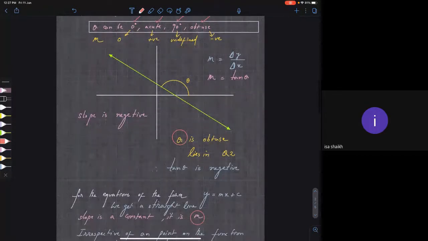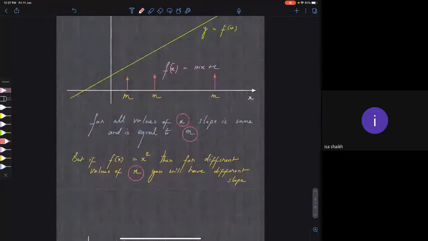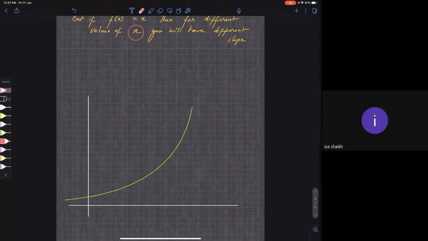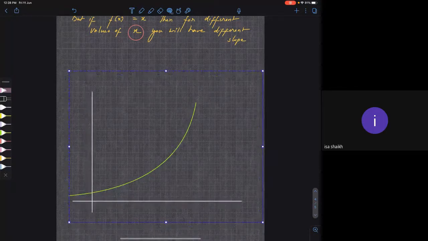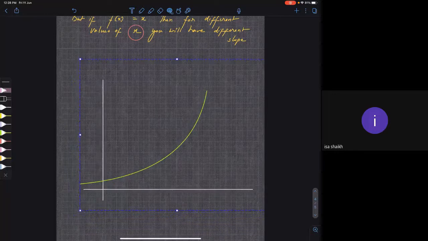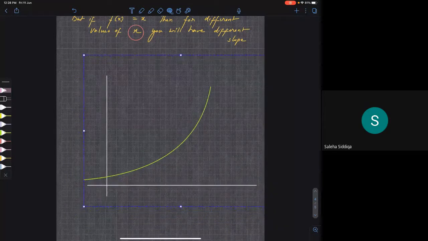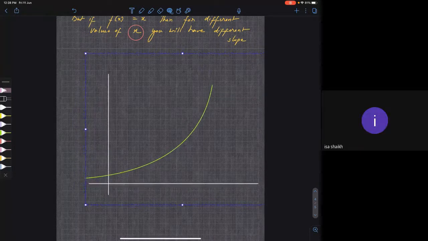Okay, anyway. Whenever you have a straight line, finding slope is very easy. You take any two points and use the formula: y2 minus y1 by x2 minus x1, and you'll get your answer. Clear? We can take tan theta also, sir? Yes, you can do tan theta also. Either way, it is the same thing. If you know the angle, use the formula of tan theta. If you know the coordinates of two points, then you can use delta y by delta x to get your answer. Clear?